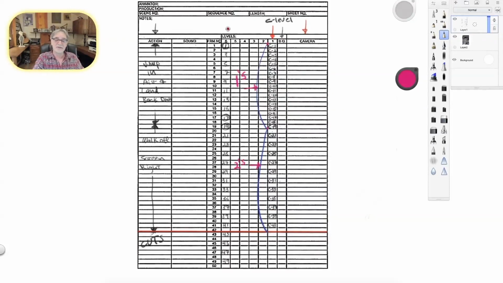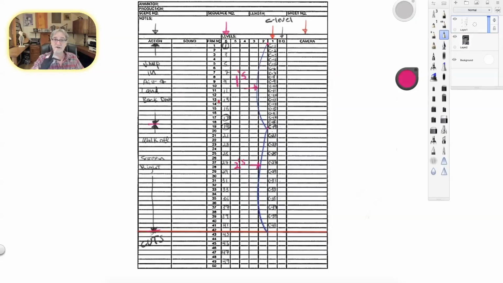This column here was just me putting it down before I ever start animating. Then over here, I do my animation, but I have to make sure it corresponds with what the director wanted. It has to hit on those frames, just like you would with dialogue.